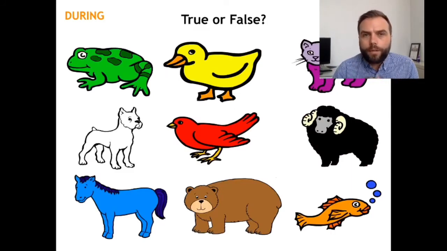Now, this is like a little checking stage. This could be in the pre-stage, but I've just put it in the during stage. I see a purple horse. Is it true? No. Okay, I see a purple cat. I see a red duck. Is it true? No, I see a red bird. Okay, so it's just a kind of checking that your students know the colours and the animals from